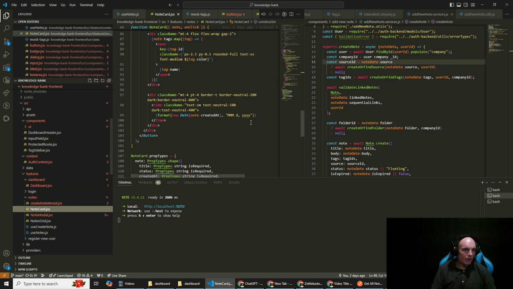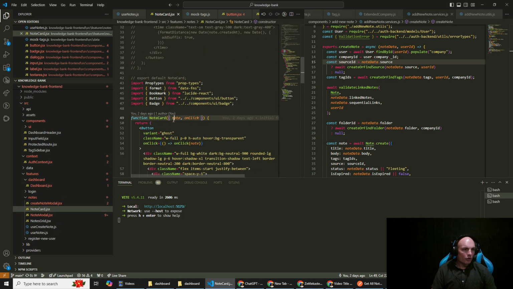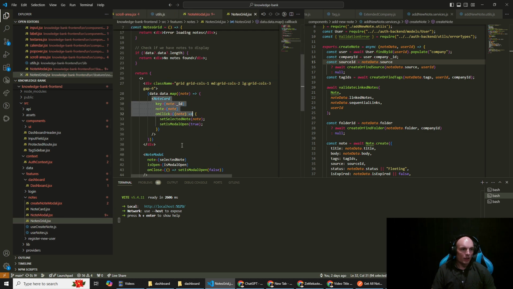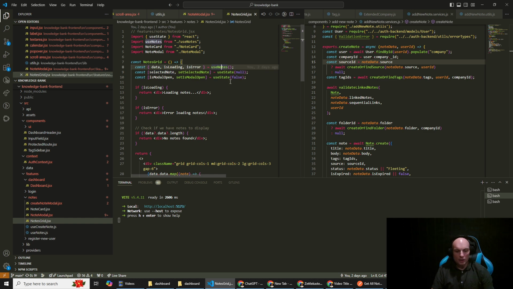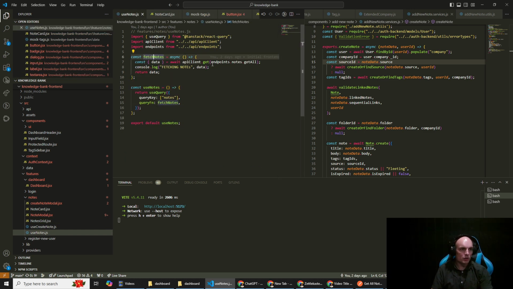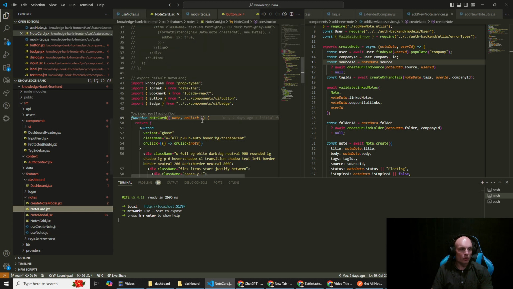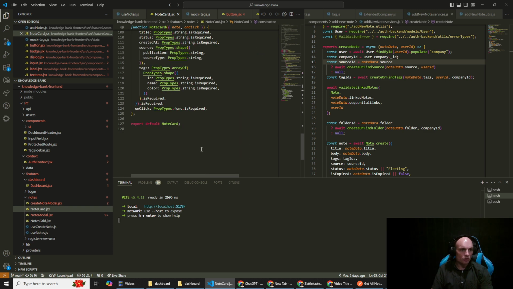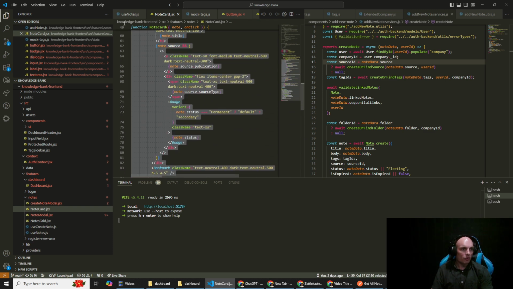What we've got is this note card component, which sits within our note grid, and in note grid we call use notes, which calls the fetch notes function, which basically just calls our endpoint to get all notes. So that's completely fine, but obviously the format of the data is now different. So in this note card, when we bring in the note and we have like note.source.publication, some of that has now changed. So what I'm going to do is just copy and paste this